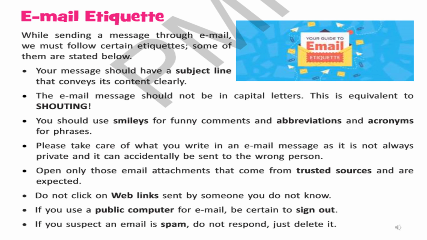If you are using a public computer, or a computer at your work or somewhere that everybody can use, don't forget to sign out and don't save your password there. And if you suspect an email is spam, do not respond to it, just delete it.